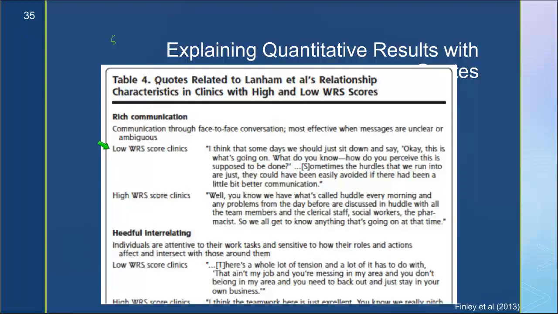So in terms of rich communication, what they did is show, for a lower scoring clinic versus a higher scoring clinic in terms of rich communication, an illustrative quote that shows that variation. So within each of these, they do have an illustrative quote. So I think that some days we should just sit down and say, okay, this is what's going on. The higher scoring clinic talked about a huddle every morning and so on. But this might be an example you would look at if you have an explanatory sequential study and are thinking